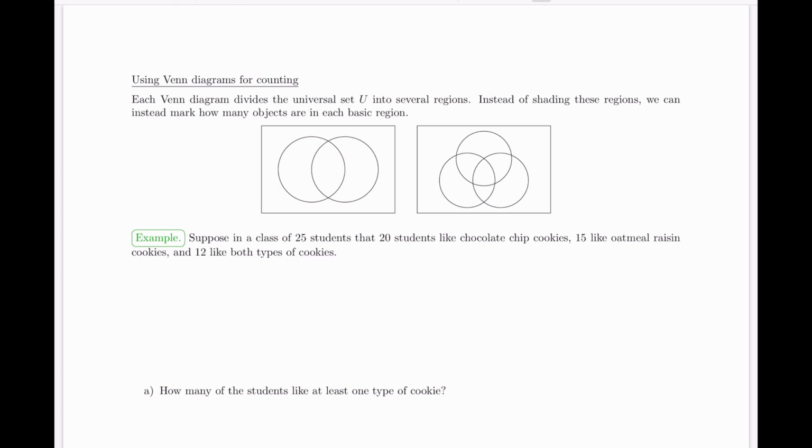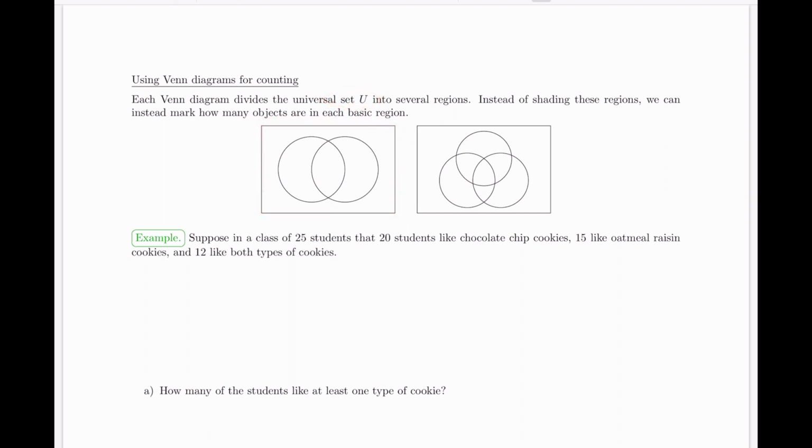We've just seen how sets and operations on sets can be used in probabilities. So what we're going to do now is consider how Venn diagrams can also be used for counting, and be quite a visual and helpful tool in that particular way. So remember that for the Venn diagram, we will start with a rectangle that represents the universal set and then